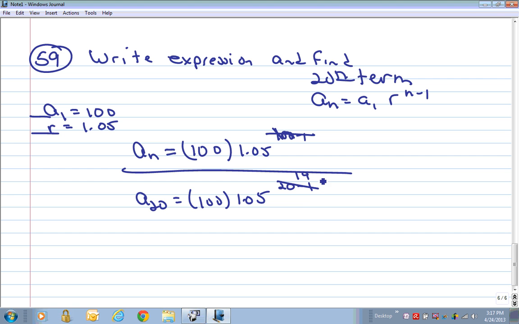So now I would have 1.05 raised to the 19th power, get an answer, and then multiply that answer by 100. When I do that, I'm going to come out with a very large number. It's going to be approximately